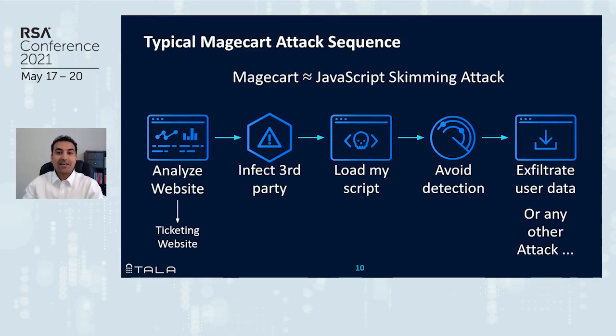It's something like that. But at the end of the day, they decided to try and target one of the ticketing website's third parties, that is Inbenta, and they injected their own JavaScript after hacking into Inbenta's servers. Now, when end users went onto the ticketing website to book their concert tickets and so on, their credit card information was being stolen. And as a result of this type of attack that the MageCart group did, they were able to steal over 60,000 credit card numbers on this ticketing website alone.